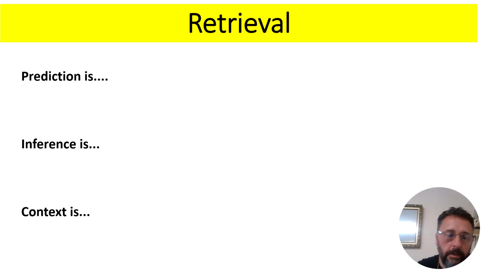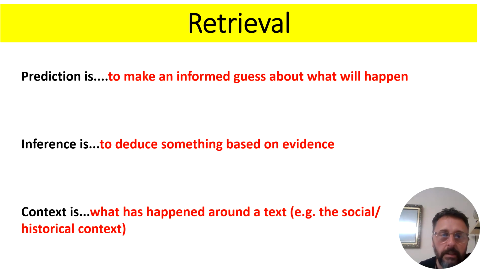Okay, if you've come back, prediction is to make an informed guess about what will happen based on evidence that we are given. Inference is to deduce something based on evidence. Now, deduce means to figure something out, basically, or come to a conclusion based on evidence that we are given. It involves using what you already know to understand something. So your schema,